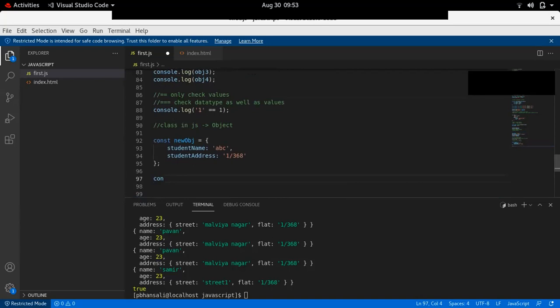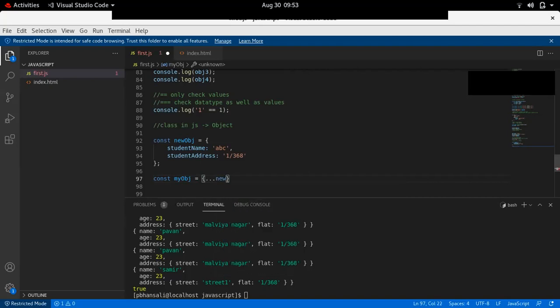Can you repeat the question? Yes. What I'm saying is, you have been given this object, the new object, which has two properties. Now you want to make a new object that has a completely new reference and one extra property, maybe student marks. Got it. So in these cases we will use the spread operator. How? const myObject equals...